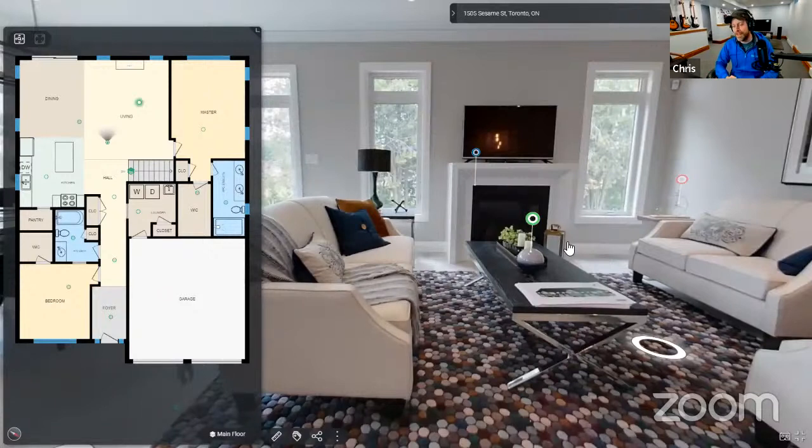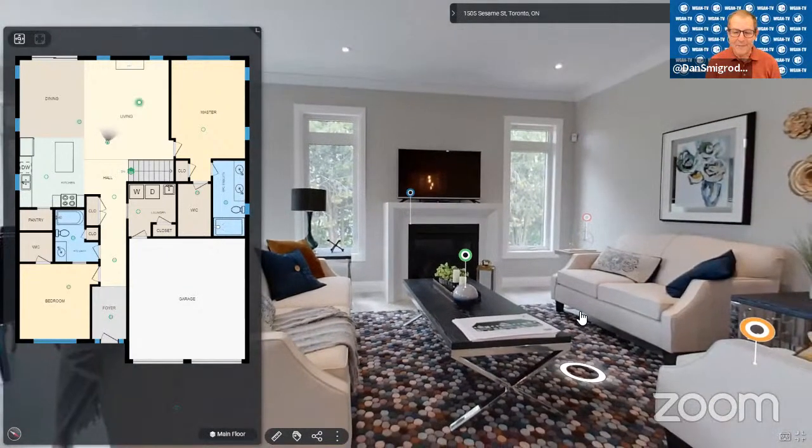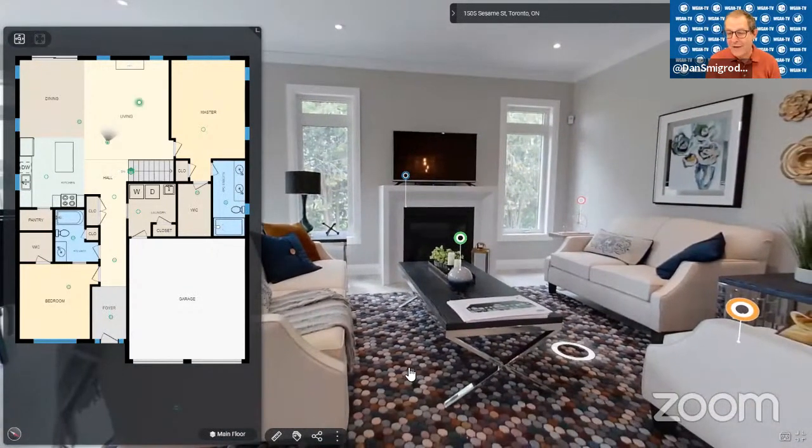So that means that this gives them the ability to get the information that they would have from a physical experience, but online instead. So I'm wondering if my sofa is going to fit. How do I do that measurement to see? Excellent question. Let me show you.